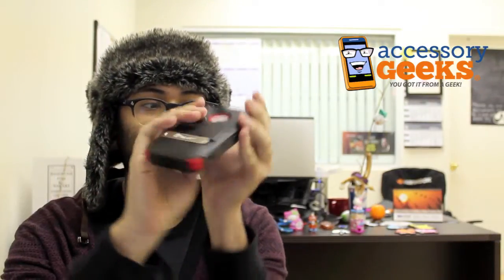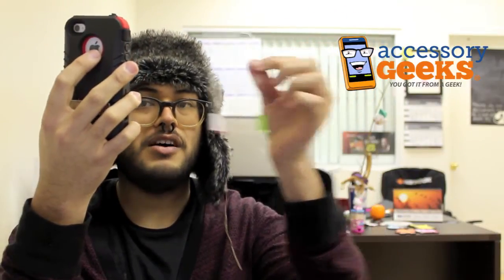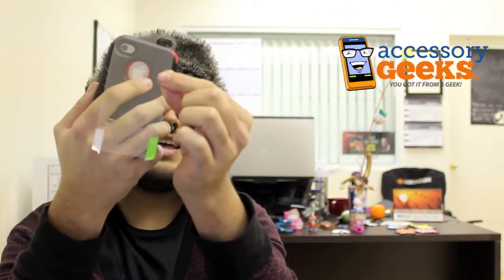The back is not protected until you put this plastic screen on the back to protect the logo, but not the lens, which is a little weird. This case also has a kickstand, which I think is a strange application because this case is really for outdoorsiness and ruggedness. I don't know very many places where you would use a kickstand when you're being all, you know,